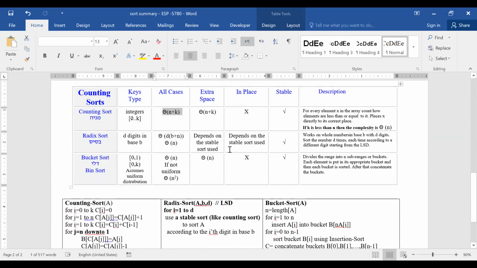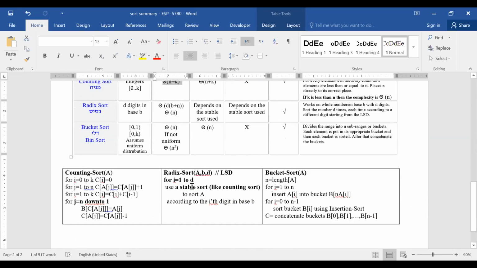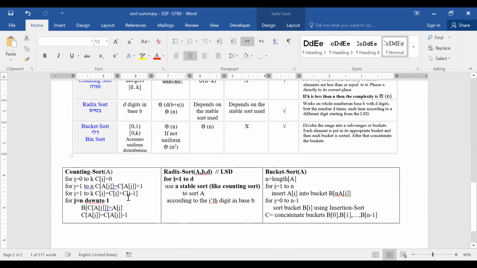So you have here our sorts, and I already put on the page the algorithms of the three counting sorts, so you have it all connected and you have it all on one page. Now, if we're talking about all on one page,